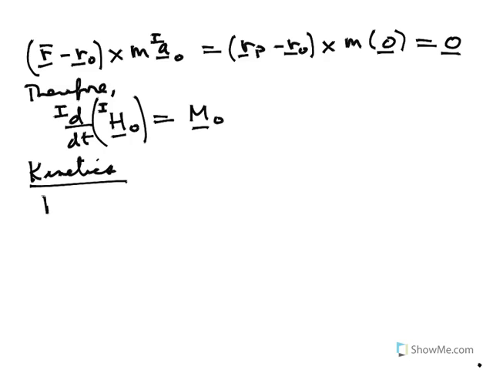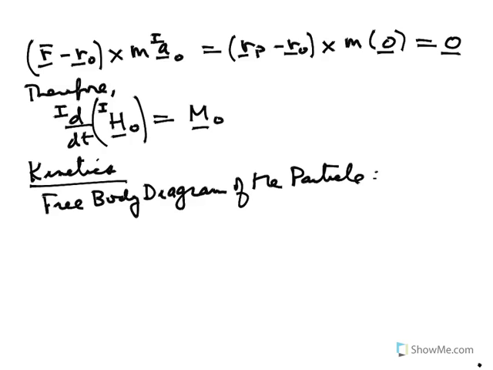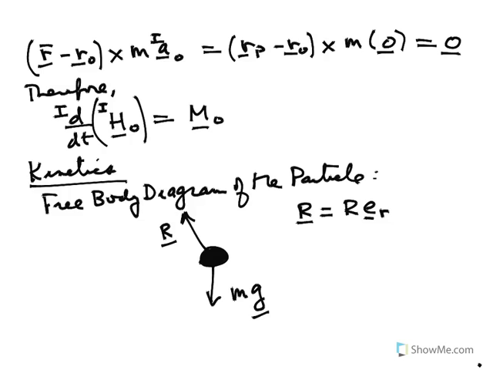Now the kinetics, we have to draw the free body diagram of the particle. So if we draw the free body diagram of the particle, here's the particle on the end of the pendulum. We know that mg is acting downward, and we have a reaction force, R. Now, R is equal to R times ER, and mg is equal to mg times EX. Now, you'll notice that R, which is the reaction force, is in the same direction as the position of